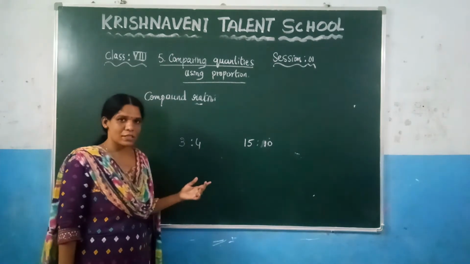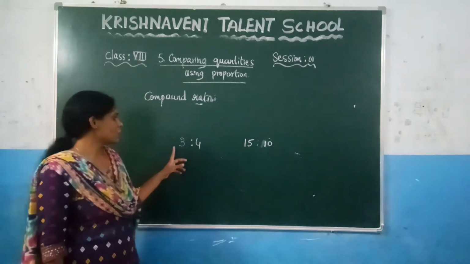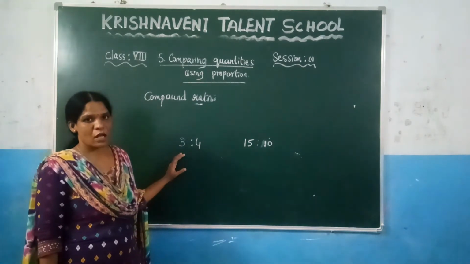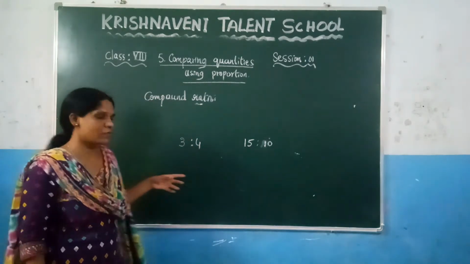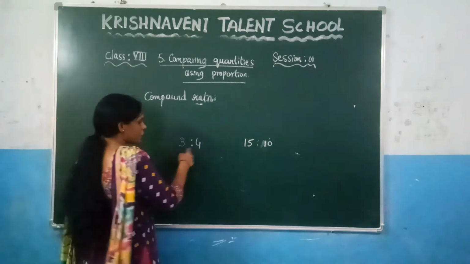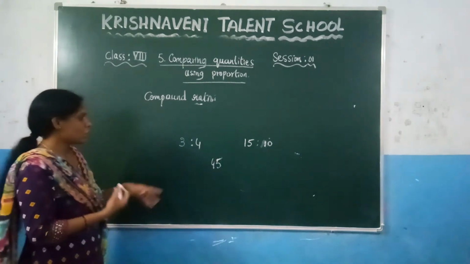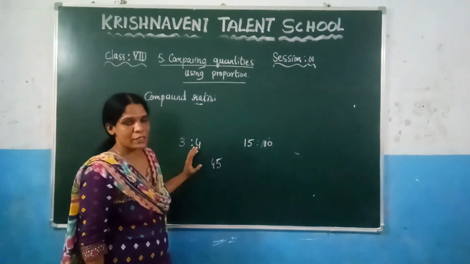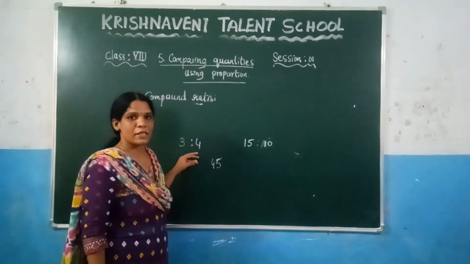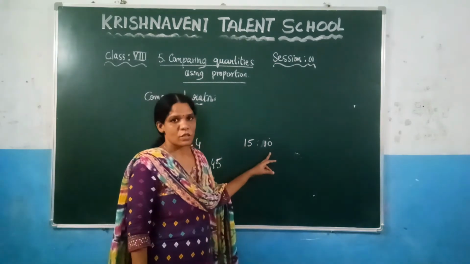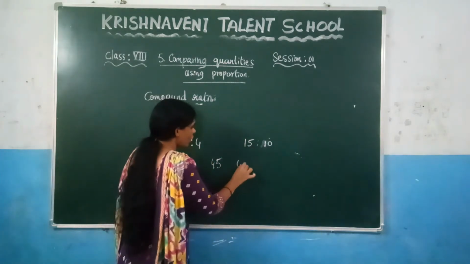So if you consider this example, one person reads 3 hours a day. For how many days is she reading? 15 days. So in total how many hours will she read? You will multiply 3 with 15, so she is reading 45 hours. Now let us suppose the other person is reading 4 hours a day. How many days does she read like that? 10 days. So in total how many hours? 10 into 4, which gives you 40.